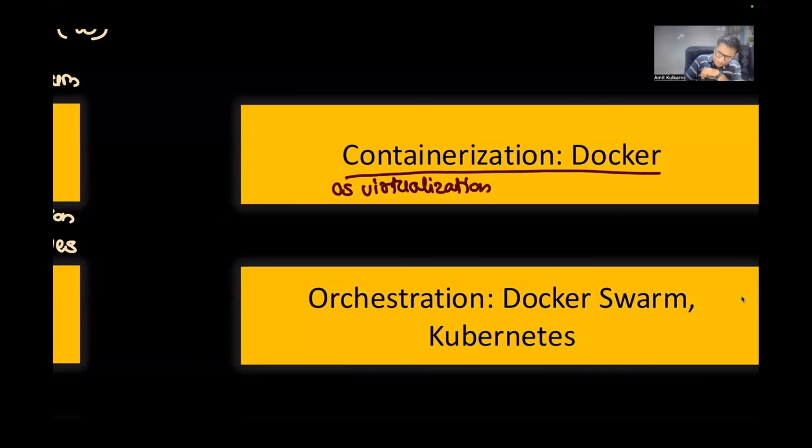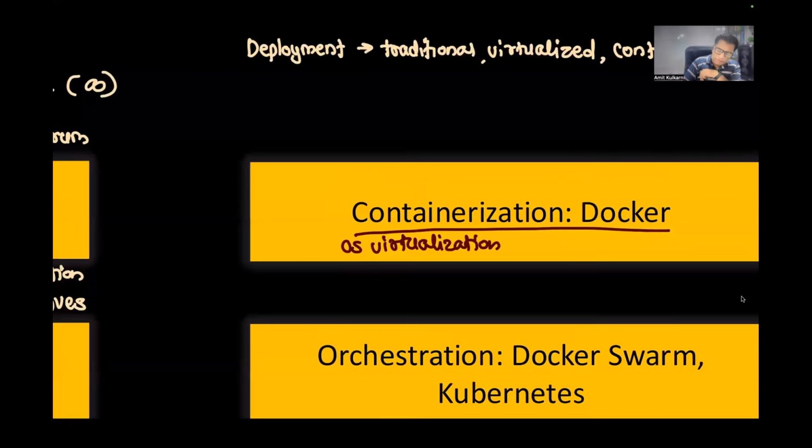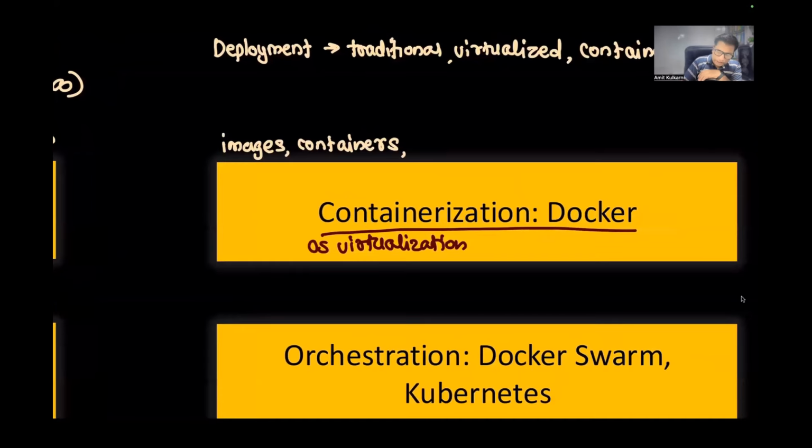Under Docker, we'll be learning many different parts. For example, we'll start with Docker images. Then we'll talk about how we manage containers: create container, run container, start container, stop container, delete container, and so on. Then we'll talk about Docker volumes, like how we persist data outside the container, because containers are immutable. Once you create a container and put data in it, it stores it temporarily. If the container is gone, the data will be gone too.